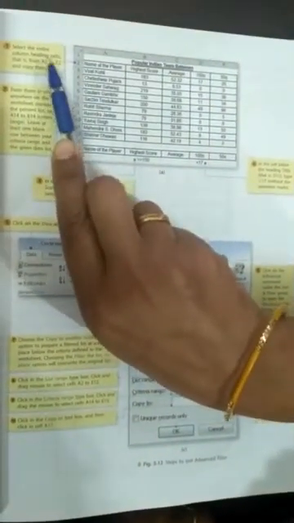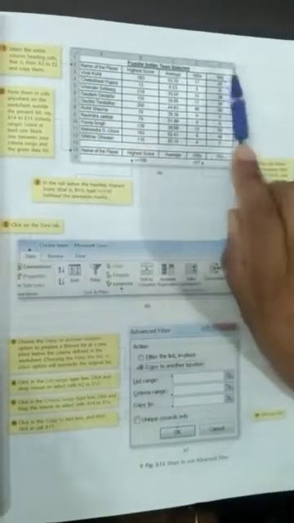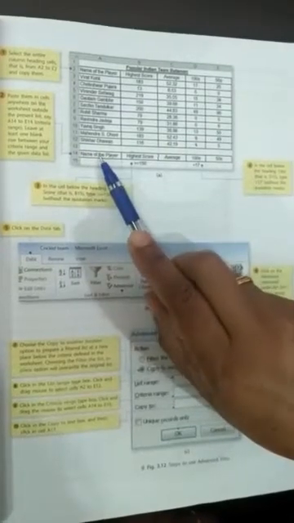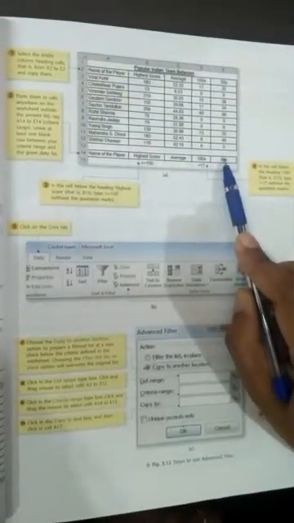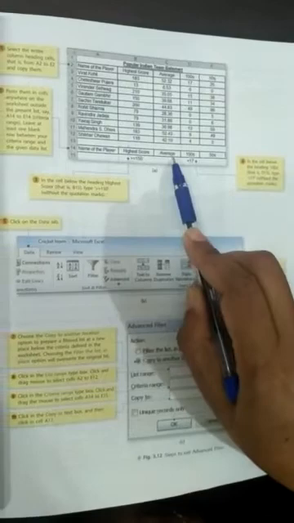Follow these steps. Select the entire column heading like A2 to E2 and copy them to A14 to E14. Leave at least one row in between when copying the data to another cell.